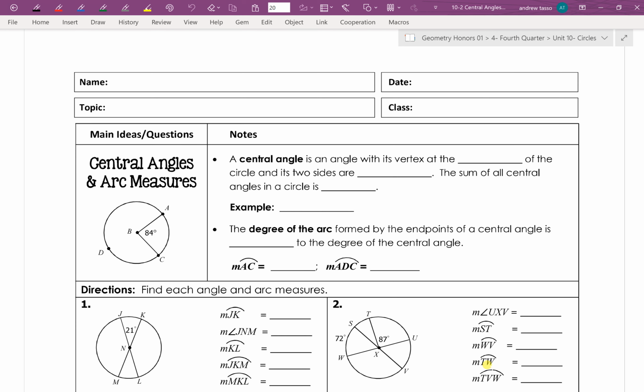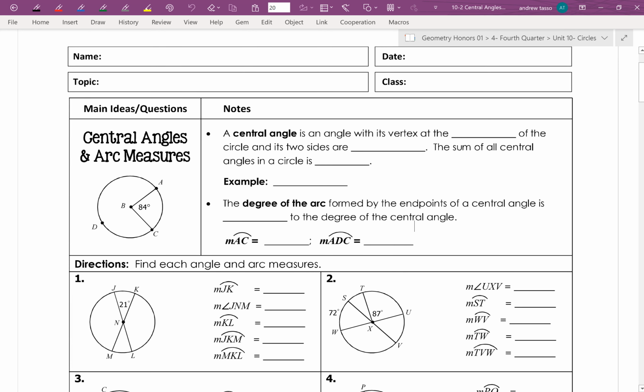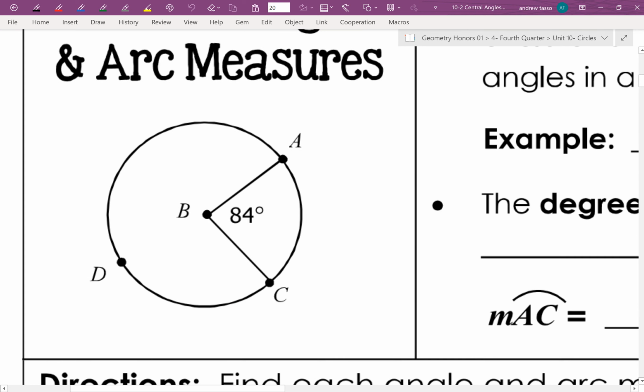Alright guys, so the next thing that we're going to be looking at is the idea of a central angle. A central angle is located at the center of a circle. Basically, it's formed when you connect two points that lie on the circle with the center of the circle. Right? So you get these two line segments, and that creates an angle in the center here called a central angle. Now, in this lesson we're going to learn how the measurement of this central angle relates to the measurement